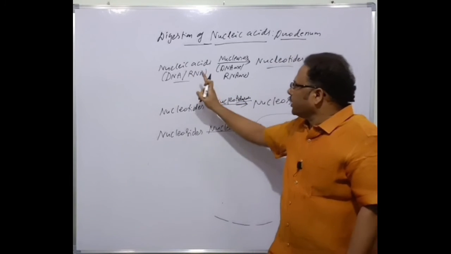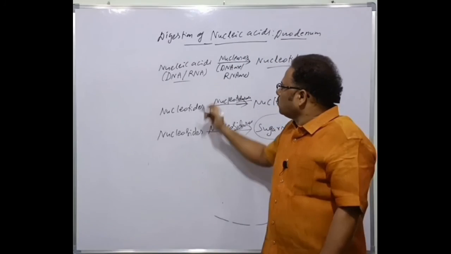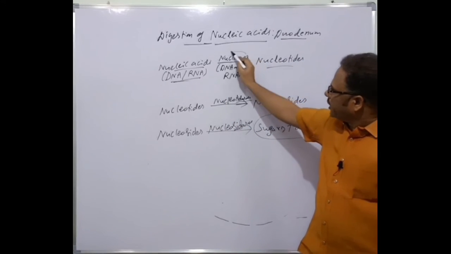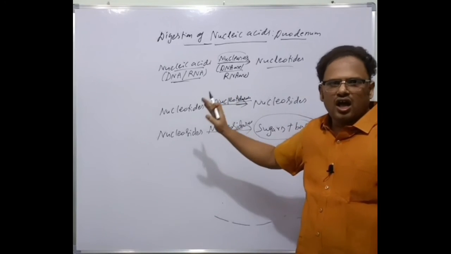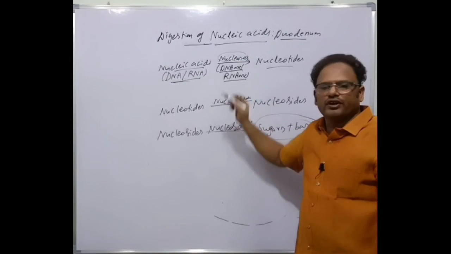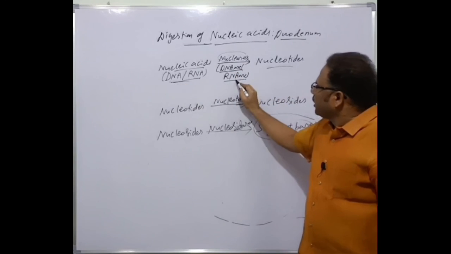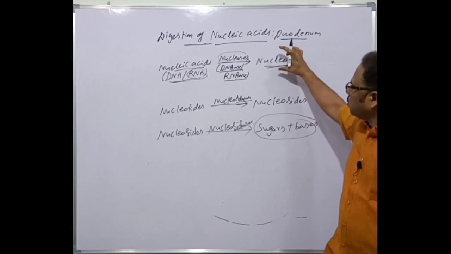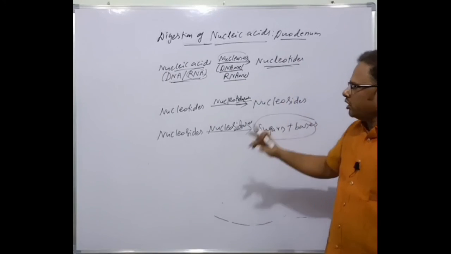So nucleic acid digestion is also completed in the duodenum. Now these nucleic acids, DNA and RNA, are acted upon by the nucleases. There are two types of nucleases: DNases and RNases. DNase acts on DNA and RNase acts on RNA, as the case may be, and convert them into which one? Nucleotides, the simpler molecules than nucleic acids. The right ones are simpler molecules than the left ones.